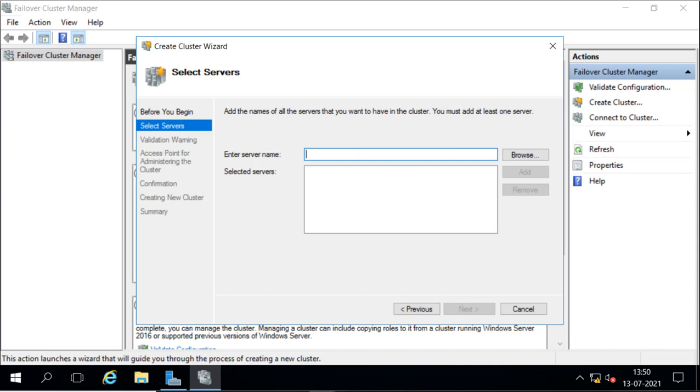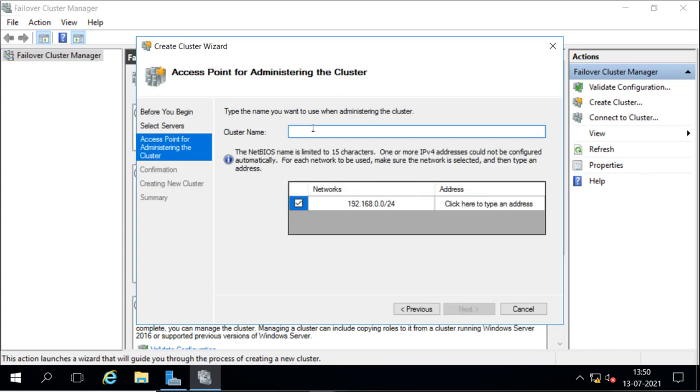Now, first, this is the server name which you want to add in the cluster. Now this is what we have already done for the verification, but because we are doing it again, I'm adding it right now. This is for the cluster nodes here. So I added these server 2 and 3 here.